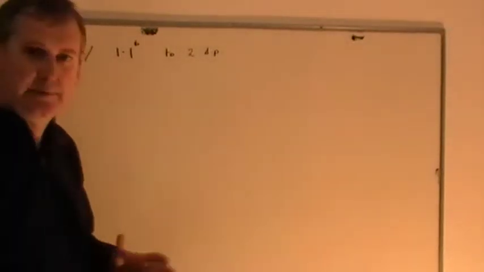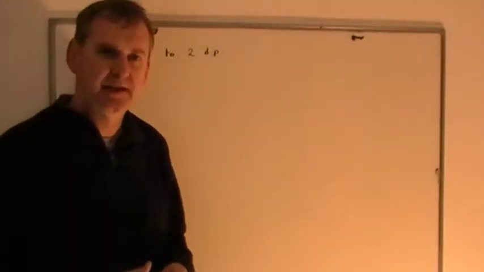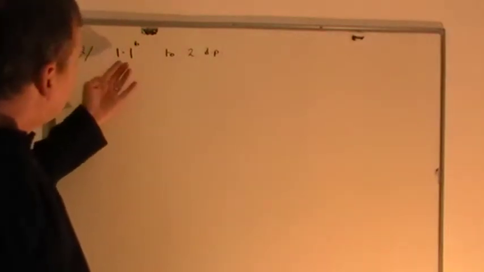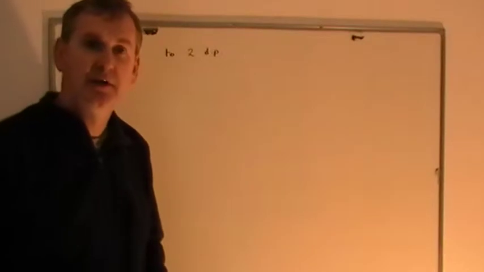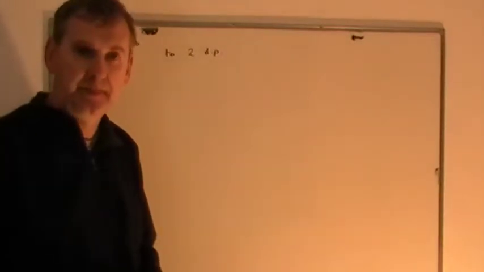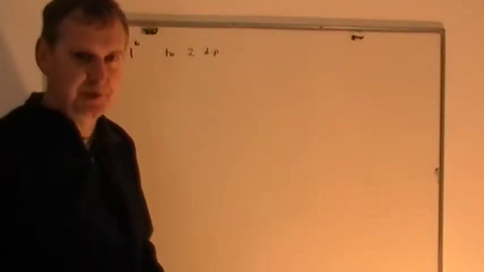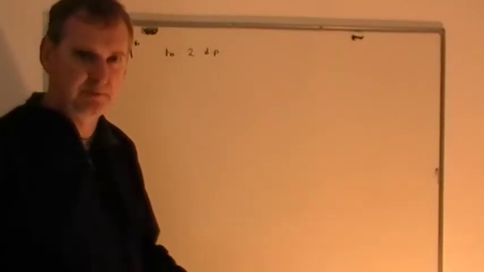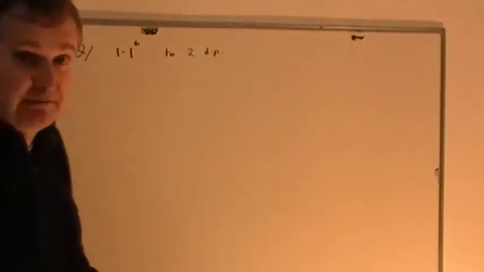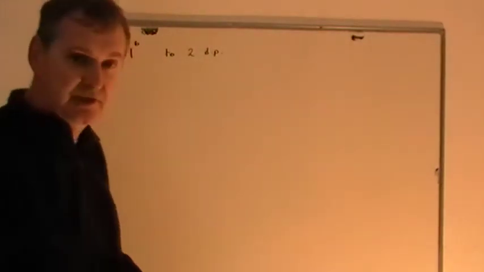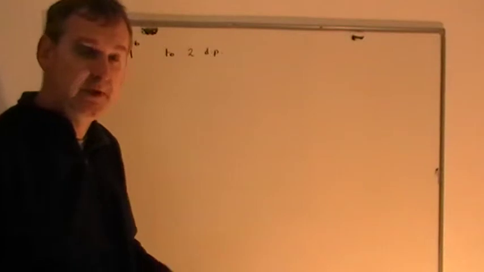Let's have a look at a typical exam question that occurs from time to time. You may be asked to work out something like 1.1 to the power 6 to 2 decimal places. Obviously you're not allowed to use a calculator, and you're not supposed to work out 1.1 times 1.1 times 1.1 as a long multiplication sum. That would be ridiculous. It would say in the question, by using the binomial theorem, and this sort of thing